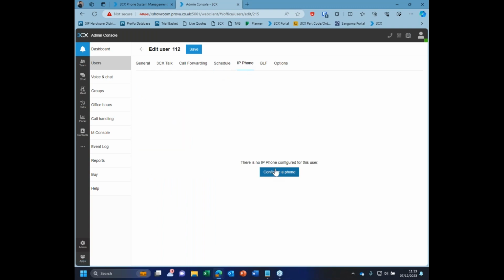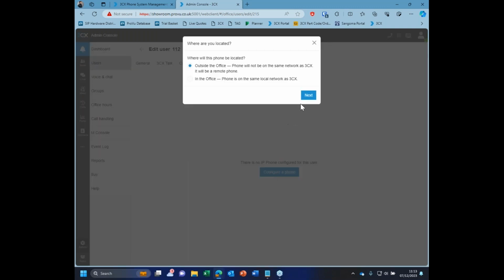You can then, of course, add and configure a phone from here for that user. There's a button here, configure a phone, and you can have multiple phones, if that's needed. It'll then take you through the wizard to actually configure that phone, and it's going to ask you where the phone is going to be located, so if it's out of the office or if it's in the office on the local network. For this purpose, the setup is pretty similar,